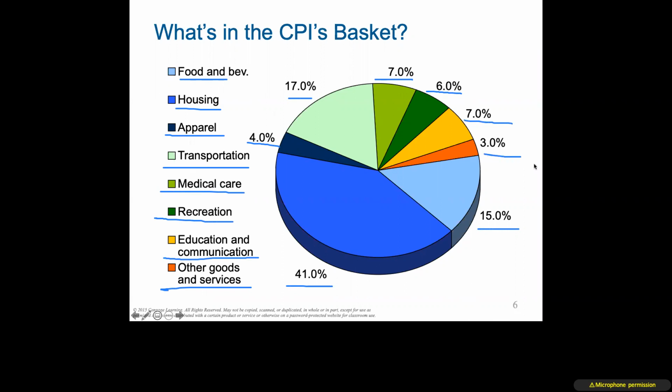So when they look at a market basket, they're looking at all of these categories. And the market basket, 15% of the market basket is food and beverage, 41% of it is your housing, 4% of it is your apparel, 17% of it is about transportation, and this would of course include what? Things like bus, planes, etc. But it would also include what? The cost of your cars. Then there's medical care, about 7% is calculated in there, recreation, and then education and communication, and then other goods and services, which is kind of a catch-all, but of course, you know, our grocer's basket isn't quite as clean as just those categories.